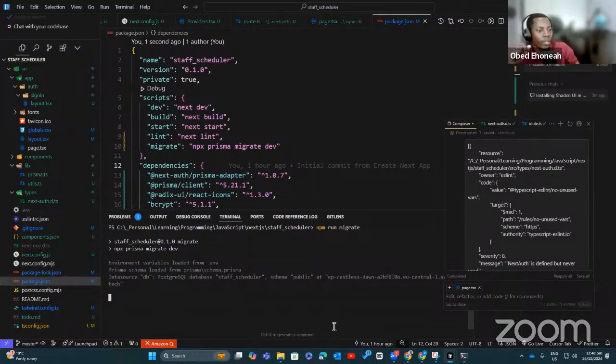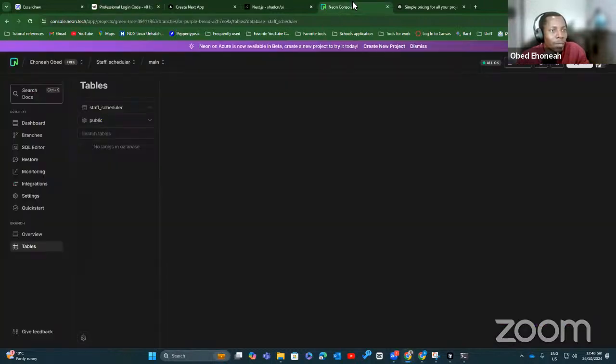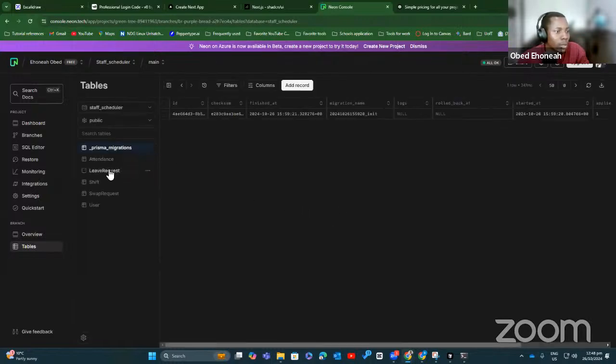Hope it doesn't have any issues. Ideally, it should ask us for the name of the migration that we want. I hope our database is still alive. Yeah, still alive.